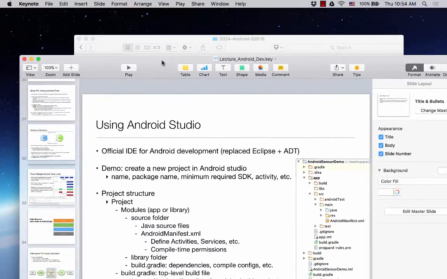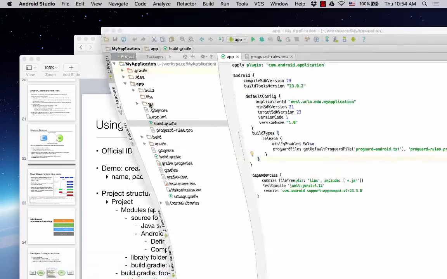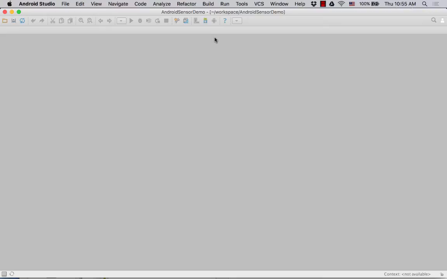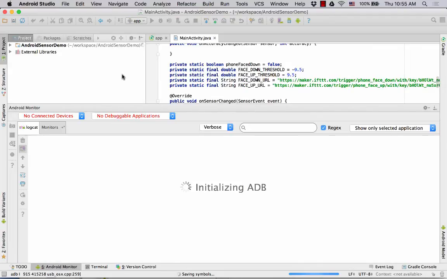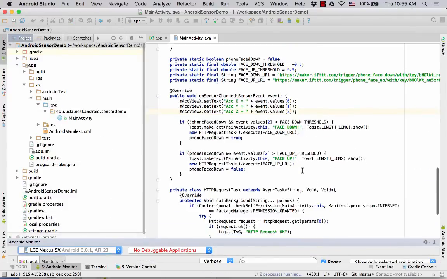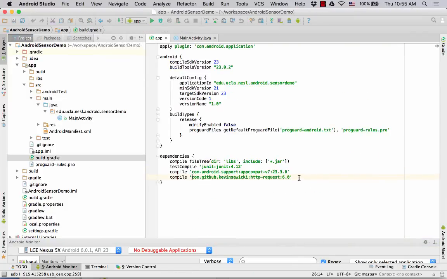let me show you an example here. This is a demo we'll be showing later in this class. In this demo, we are trying to make some network HTTP access, and since there's no very good HTTP library in Android, we're trying to include a third-party HTTP request library. So if you search for this